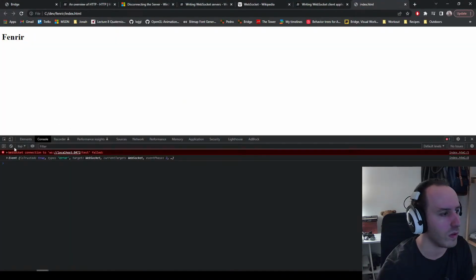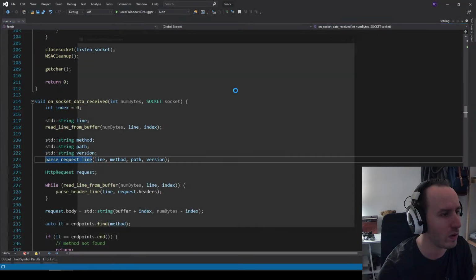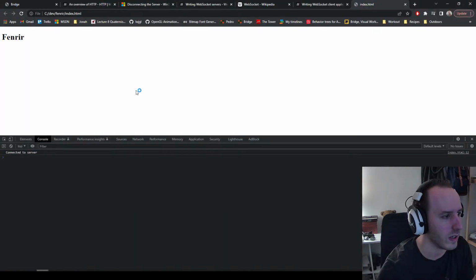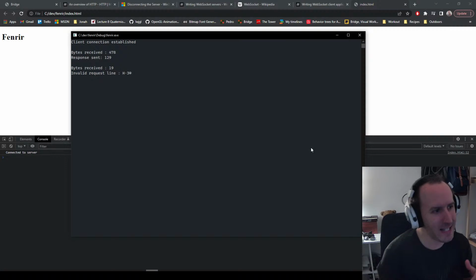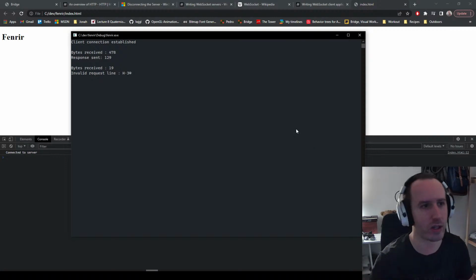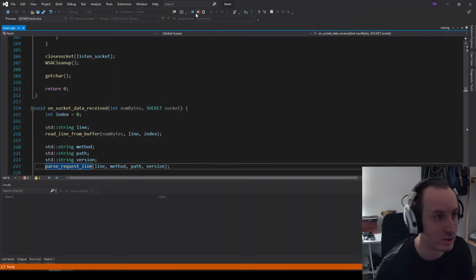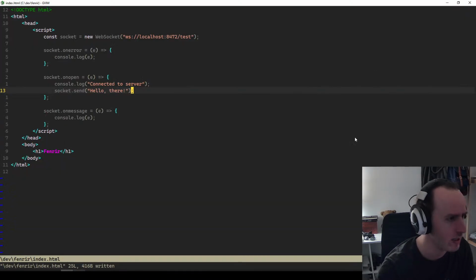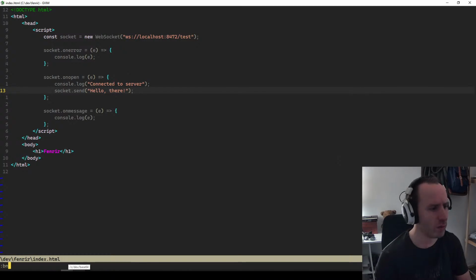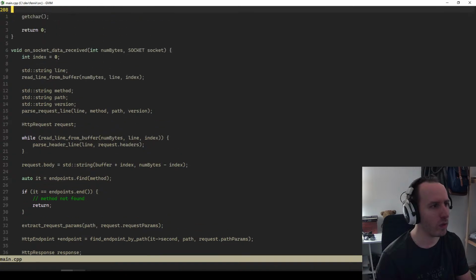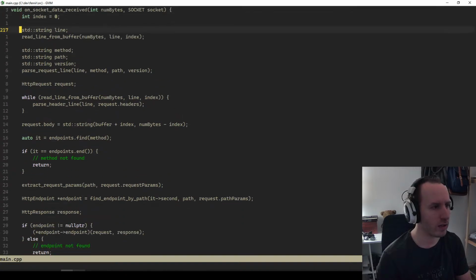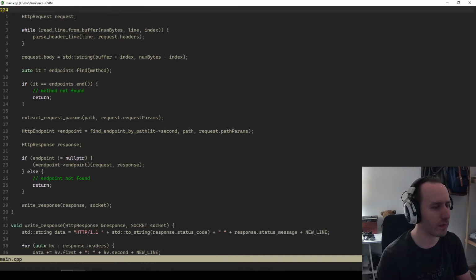So if we run this and then we do that, connect it to server, so we've got the handshake, and now bytes received, it sent 19 bytes of data, invalid request line. So it's not trying to interpret it as an HTTP request, and it's not an HTTP request, so it's not going to work. So what we need to do now is, on socket data received,